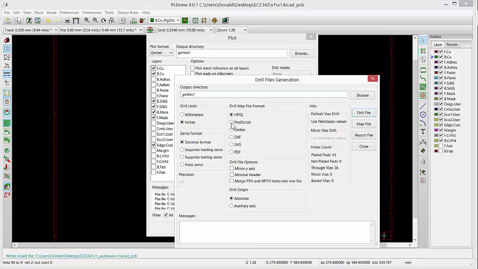The default for this is going to be an HPGL file in the units of inches in a decimal format. I recommend that you don't do any of the suppressions in the drill patterns. In fact, you keep all of your zeros in place. This precision is saying it's got 2 decimal places, or 4 decimal places and 2 forward places. From here, we can just generate the drill file. There it is, and it's a v1.drill. So then this pack of files